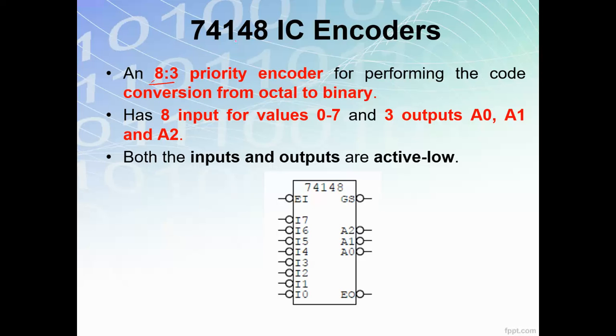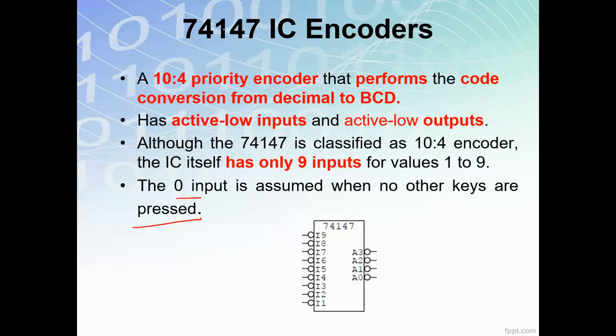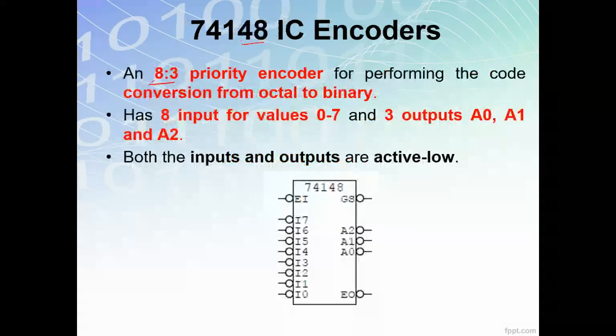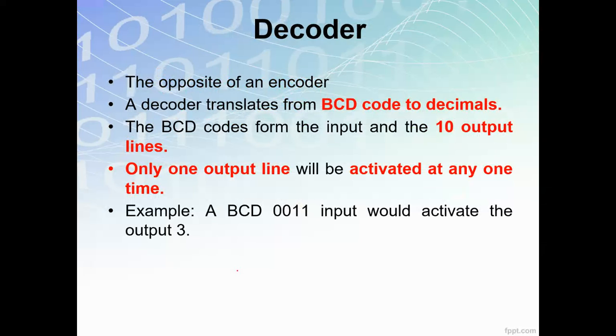Okay, so this is another IC encoder with the 8 to 3 priority encoder. So nak nampak beza dia kat belakang ni. 74147, this is 74148, is an 8 to 3 encoder. Okay, the priority encoder that performing the octal to binary lah. Okay, so you have 8 inputs with the three outputs. Okay, so both input and outputs will become active low. Okay, so ni dia punya IC for encoders. Okay, alright. We will go to the example